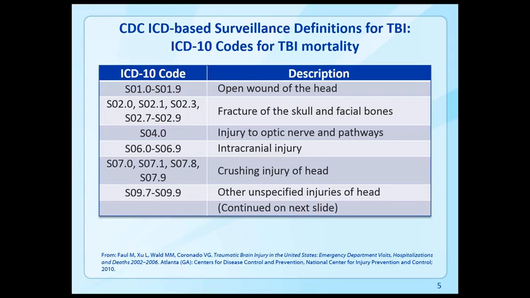Another couple things to note on this slide. On that very first row, S01.0 to S01.9, the description here is for an open wound of the head. And you might recall that on the 9-CM definition for morbidity, that particular concept wasn't included. So part of the reason for that difference is because when these codes are assigned to the information on the death certificate, a lot of times the information on the death certificate isn't nearly as detailed as that in a medical record in terms of the diagnosis.